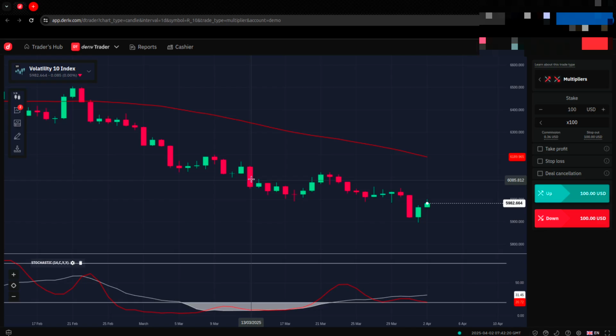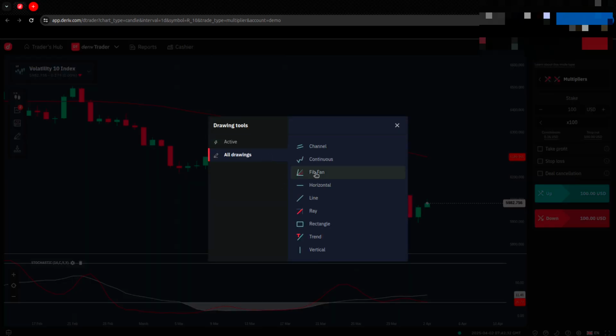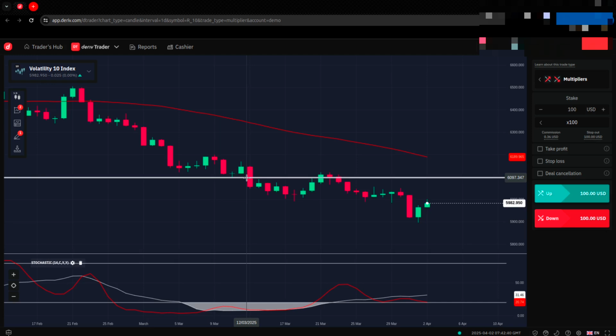For example, during this bearish dominant trend, we see a breakout candlestick with a wick. In this case, I entered after the breakout at this level. I'll use a horizontal line to show the breakout point. And closed when a retracement started.